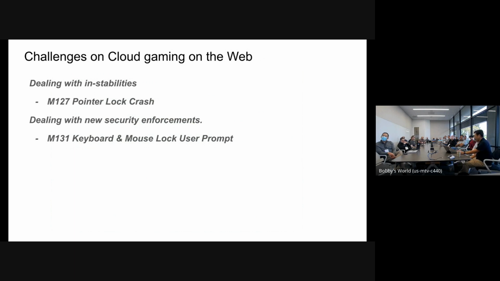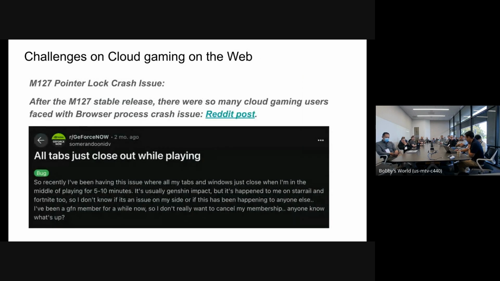Okay, so now it's more the serious part than the entertaining part. We have some challenges providing cloud gaming on the web. One thing we faced last time was the M127 pointer lock crash, which was quite impactful. Every cloud gaming service provider got lots of angry Reddit posts in just one day.